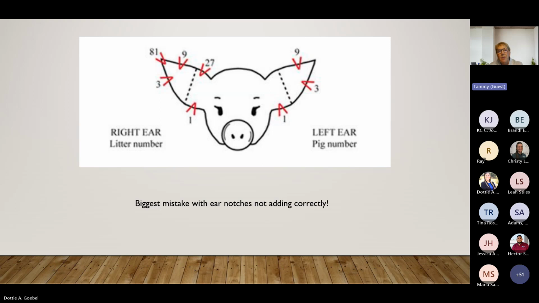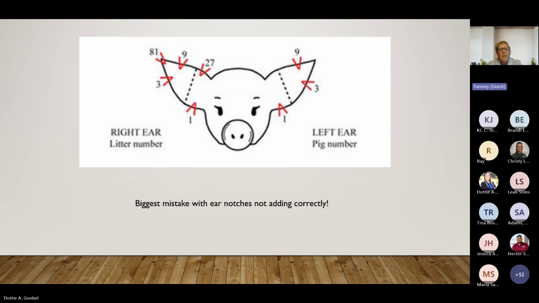If I read an ear notch at a stock show and I call it a 4 and other people have called it a 6, then I will go in and I will look at how it's drawn in the system. And if it matches the drawing, then we're usually good to go. But if there is a big discrepancy in the drawing between what you've drawn in and what's in the pig's actual ear, that's when we will pull DNA at the show and do a comparison on that particular pig.